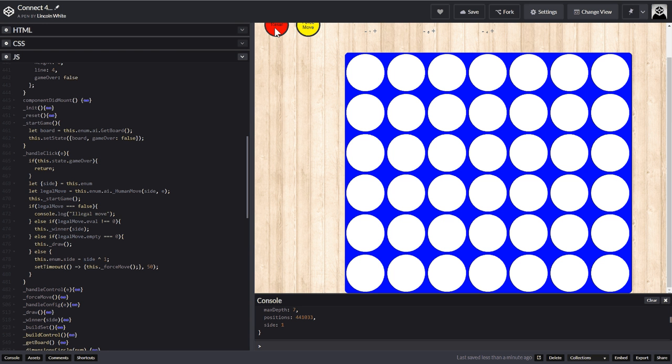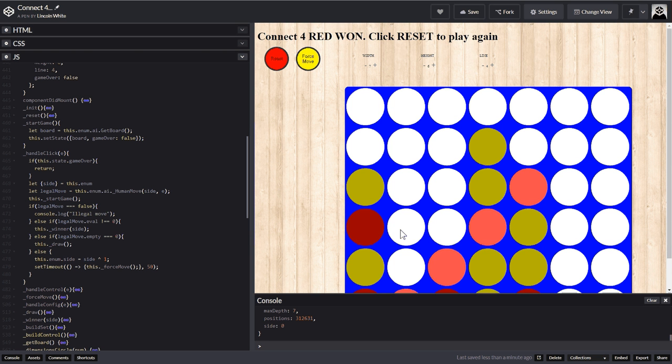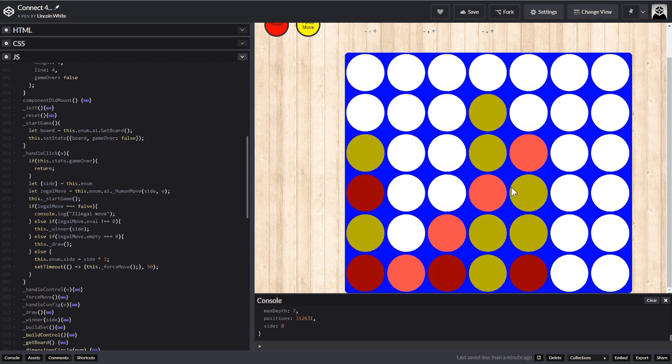Like for instance, what if I move and I move again and I move again? What happens? And it's the computer's move. See, has it remembered my move? What if I just do lots of moves like that? What happens? Okay, so I've got to clean it up so that when one person moves,